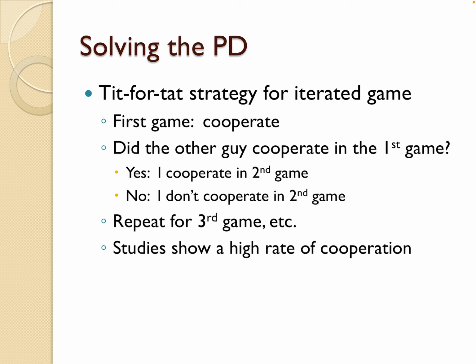And here's some of the reasons why it works. This tells us something about when cooperation is more likely at the international level. The other person or state or whatever can understand your strategy easily. It's not complicated. It's very clear. You don't have to play this game 6 or 7 times before you recognize that every time I cooperate, they cooperate.